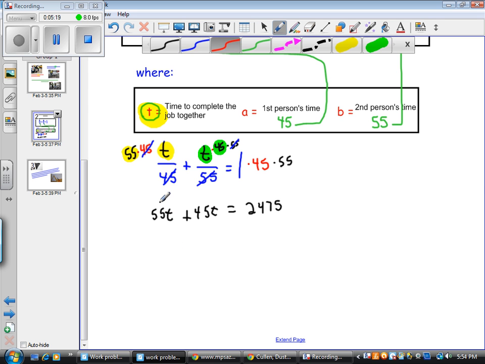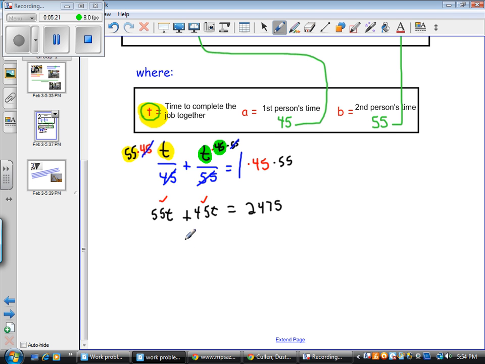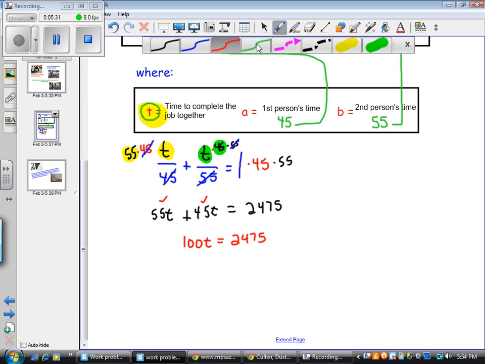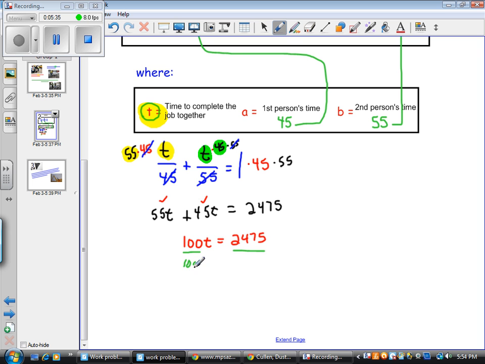and solve this thing. So these are like terms on the same side of the equal sign. So 45 plus 55 is 100, and on this side over here I have 2,475 still. And now I'm going to divide each side by 100 so that I know what that time is that it takes them to complete this, to fill in 10 potholes together. And that time is 24.75